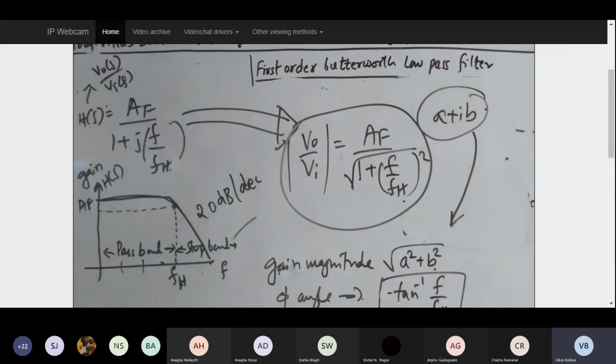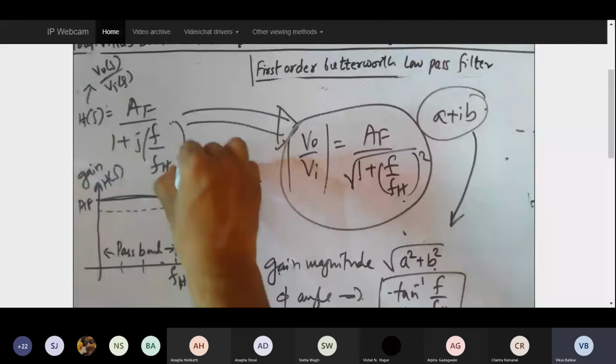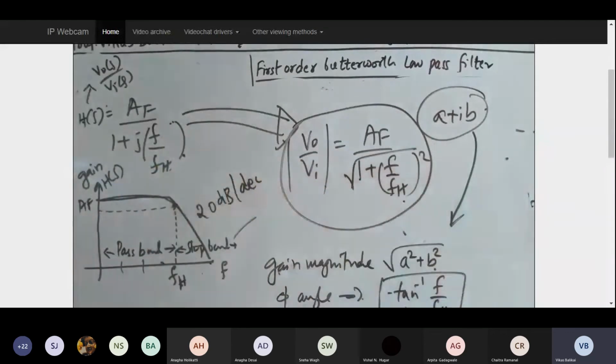So this is about your magnitude, and this is about your angle, and this is about your voltage gain equation or transfer function given by AF divided by 1 plus j multiplied by F divided by Fh, and this is about your graph. It is going to roll off by 20 dB for every 10 times increase in the frequency, and below Fh all the frequencies are going to be passed, above Fh all the frequencies are going to be rejected. So this is all about your first order Butterworth low pass filter